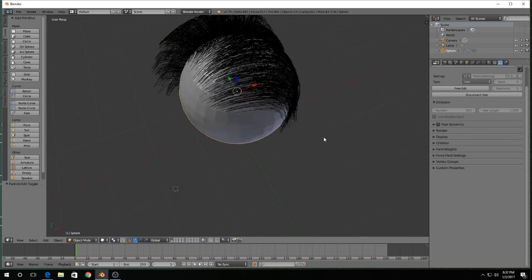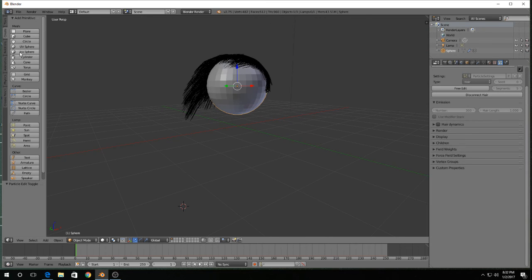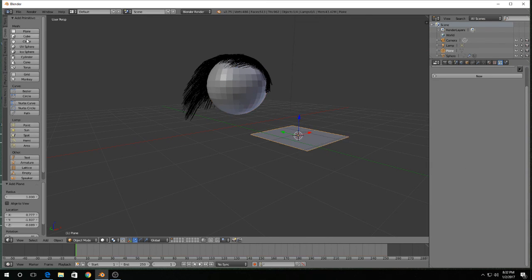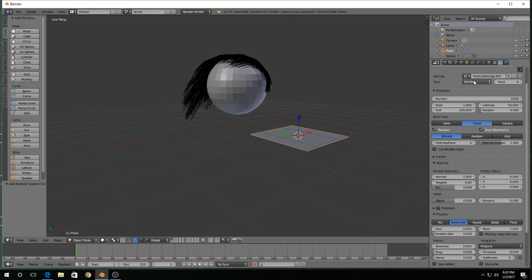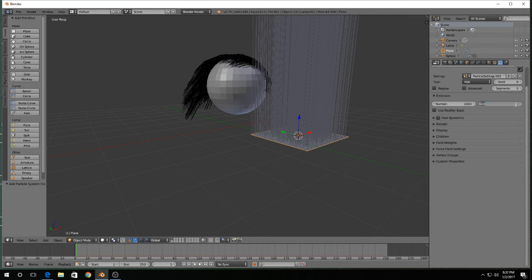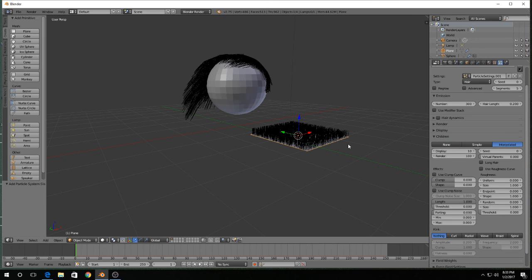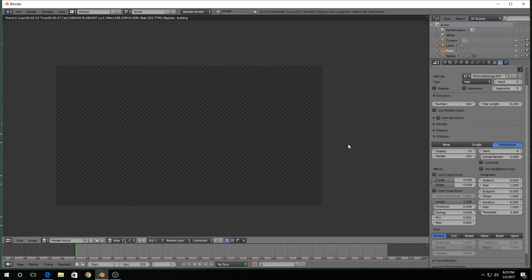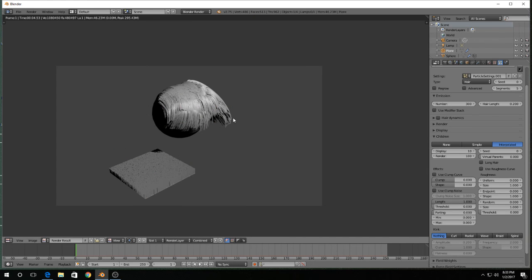As I said before, hair can be used for things like grass. So if I wanted to, let's make a plane right here. I could make a plane and add a hair particle system. Let's drop this down to 0.2. And we're going to make this 300 again. I'm going to go to children, and I'm going to create interpolated children. And now if I render, this one's going to take a little while,